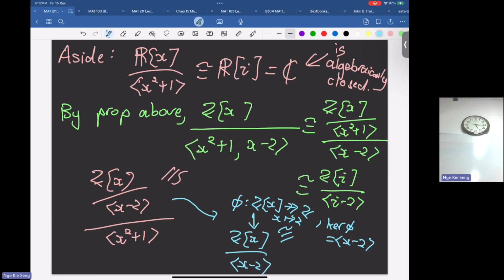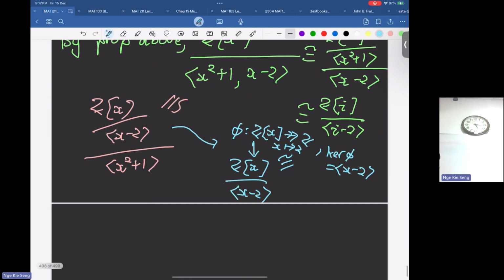So meaning what? The first quotient here is just isomorphic to Z[x] over x minus 2, isomorphic to